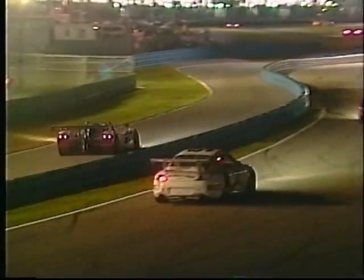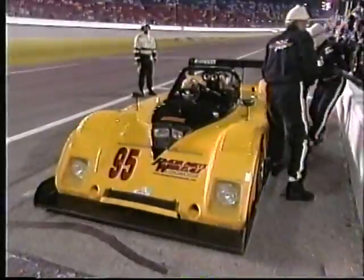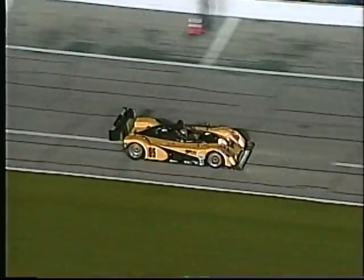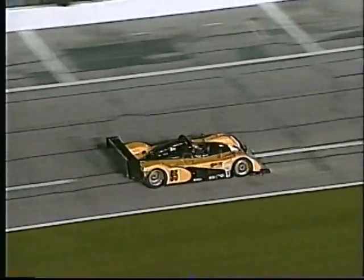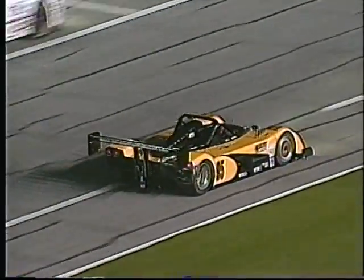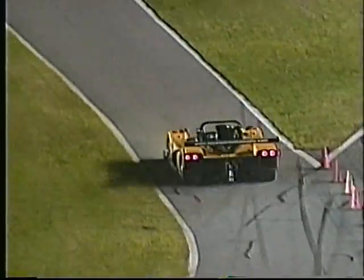And I spoke with Jack Baldwin and George Robinson this morning, and they know that a lot of hard work by the Lozano brothers down in San Antonio, Texas, has gone into these Ford motors. They were expecting a splash-and-go situation late in our most recent race at Mid-Ohio, but the Dyson guys never stopped, so they know that the Dyson guys are going farther now. Well, that's going to make Jack Baldwin and his guys put their thinking caps on at this stage of the game as well, because with their significantly better fuel consumption, it's probably just a bit too early yet for them to try and get away with